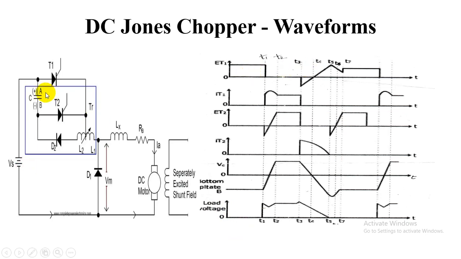Look at this. We consider that the capacitor is initially charged, and whenever the supply is given to this, the thyristor T1 is triggered here. Then immediately the current flows like this into this inductor and through the load, meaning through the DC motor, and back to the source. This is one path. Another path is the current flowing like this, and here we have the L2 portion. Through that L2 portion it enters into D2 and goes back this way.